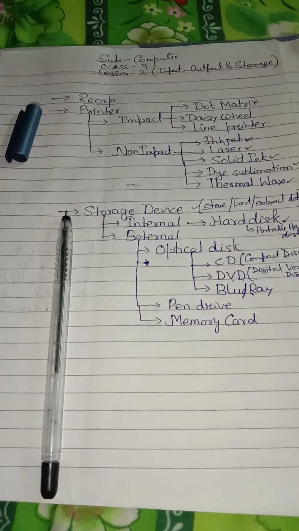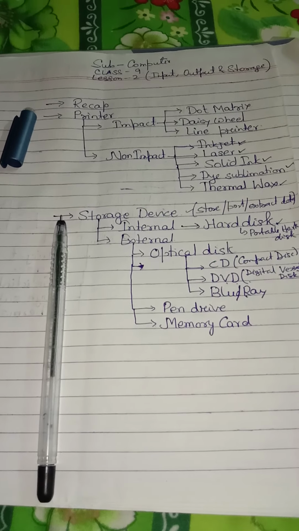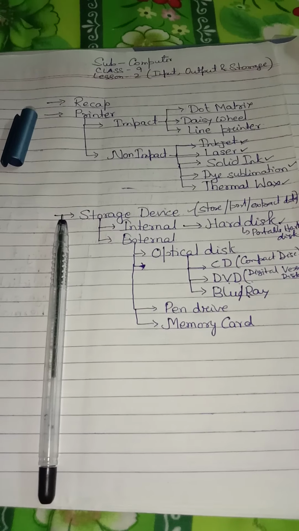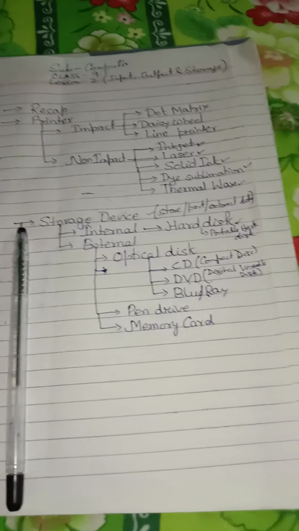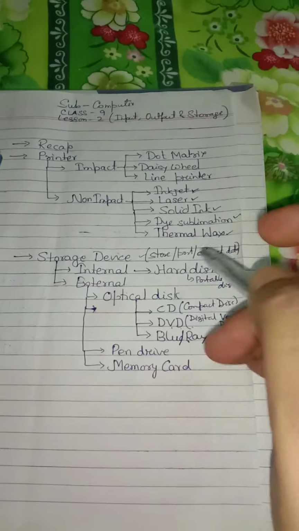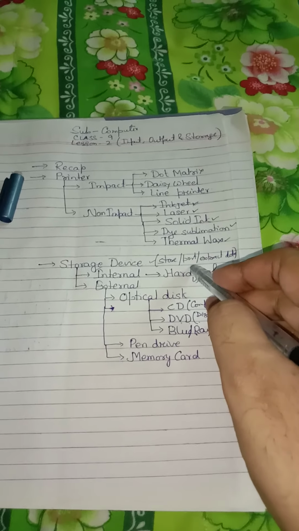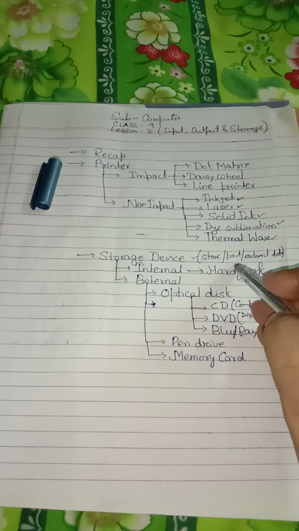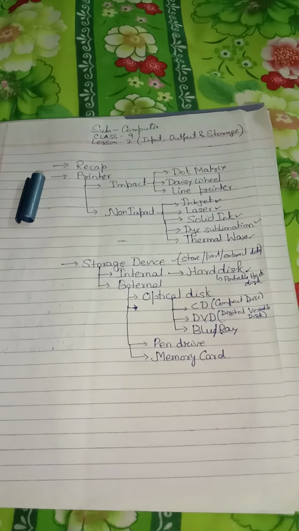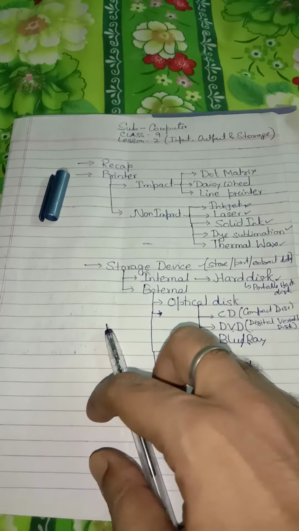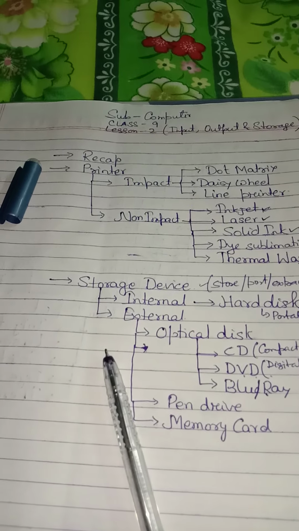So what is a storage device? The storage devices are those devices that are generally used for storing data. These are the devices used for storing, porting, or extracting the data files. Porting means to transfer the data from one device to another. And the third is to extract the data, which means to take out the data from one device to the other. So the storage device is used for storing, porting, and extracting the data files.